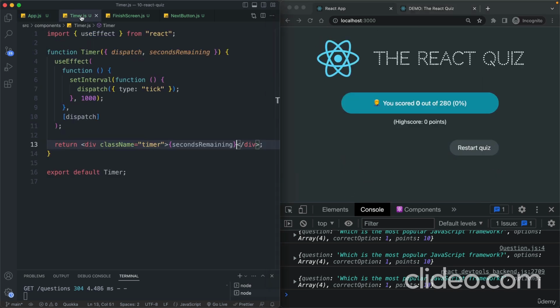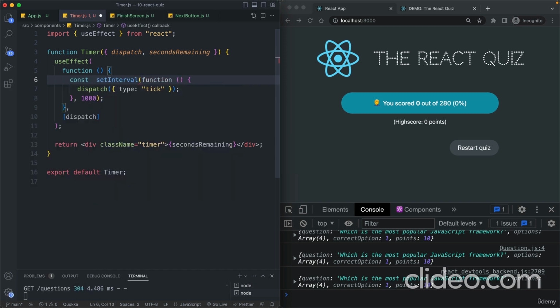And the reason for that is that our timer actually never stops right now. So we have no cleanup function, and therefore our timer will keep running even after this component has unmounted. So that of course we need to fix, and this is an amazing use case for the cleanup function. So what we need to do is to